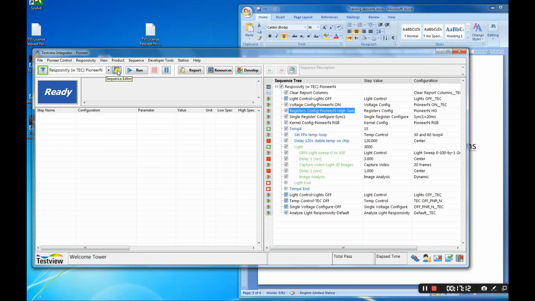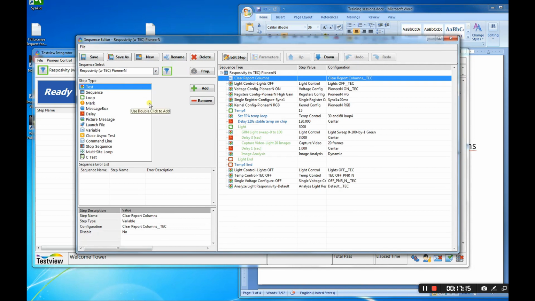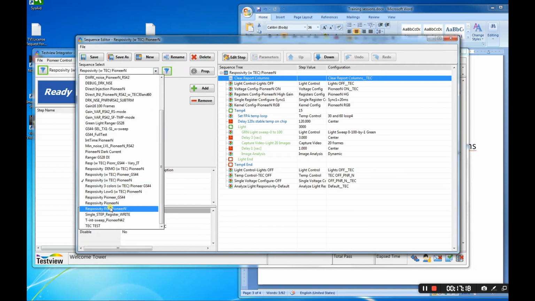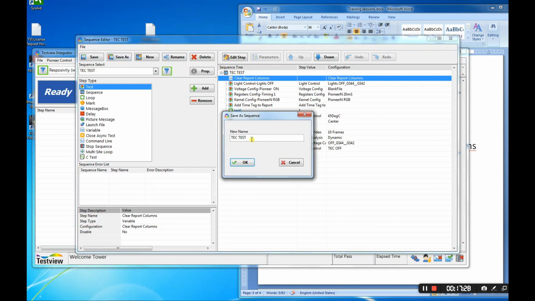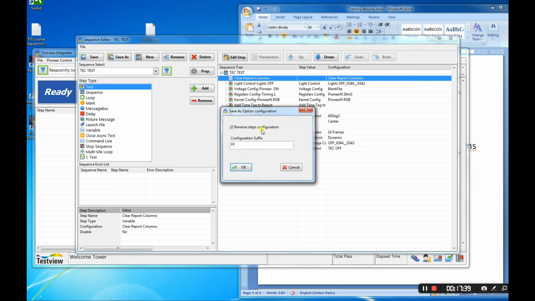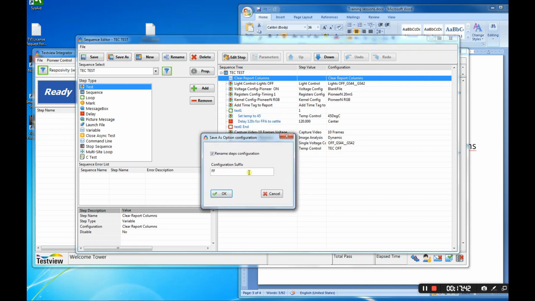Let's now, just for example, show how we take a short sequence and make a new one. Let's save this test sequence to a new name. Let's name it sec tst, and when I'm clicking OK, I have another window which allows me to rename all those specific parameters, also to give them an extension.